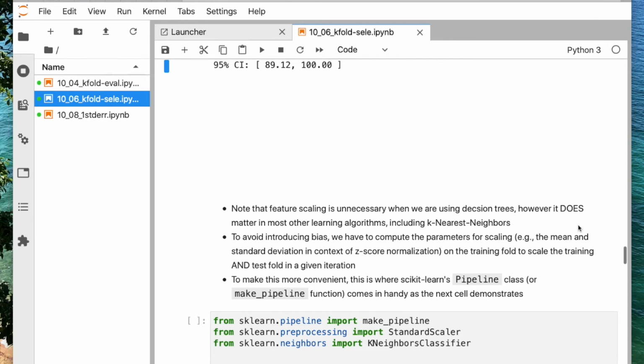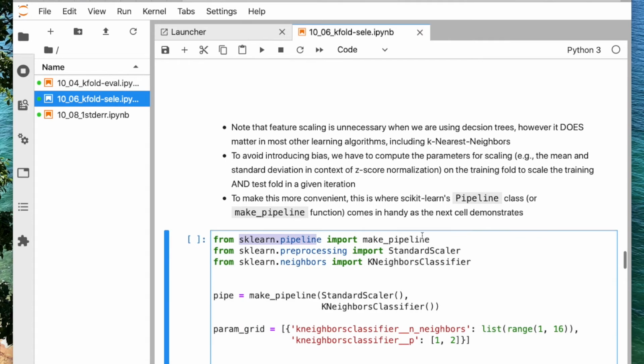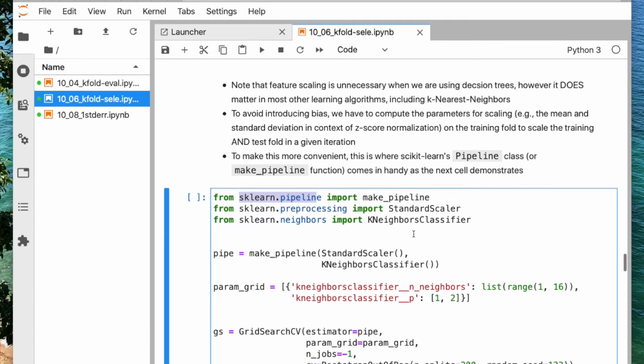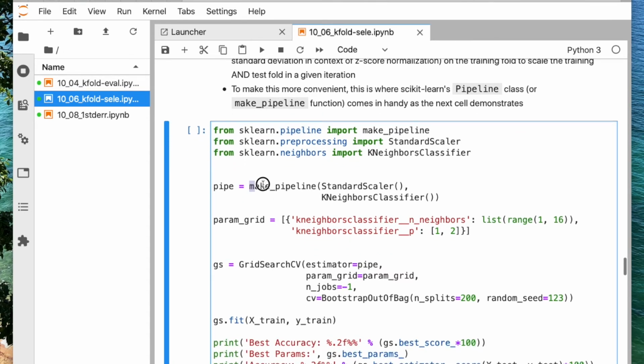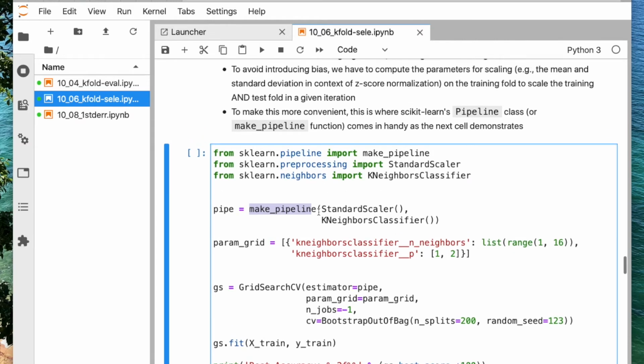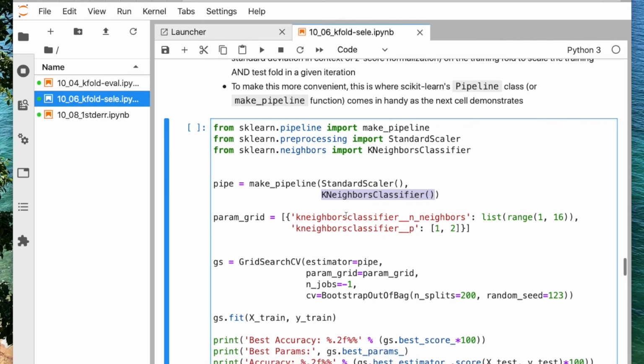Actually, scikit-learn will already take care of it for us if we use pipelines. So it's already implementing these best practices. So we can use the pipeline that we talked about many lectures ago now. I think it was before the ensemble lectures even. So we can define a pipeline, and if we want to include scaling, which does matter for k-nearest neighbors, not for decision trees, but for k-nearest neighbors and many other classifiers. So we would then define our pipeline, including the standard scaler, and then here the k-nearest neighbor classifier.